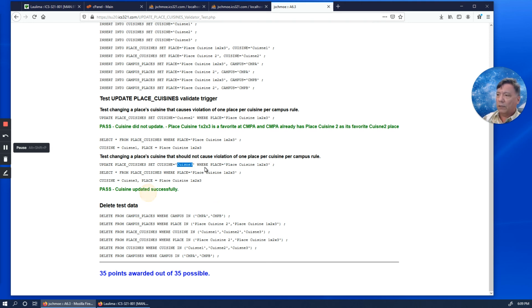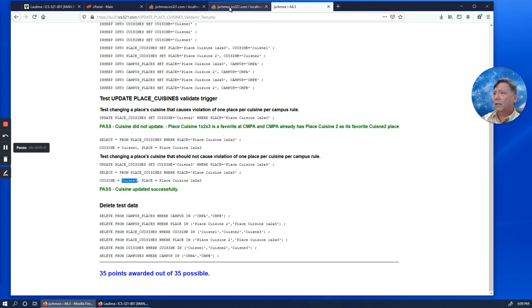See, so we updated to Cuisine 3, and it updated successfully, and we read it back again. We want to read out of place cuisines what the cuisine is for Place Cuisine 1x, 2x, 3, and we see that it returned it correctly.